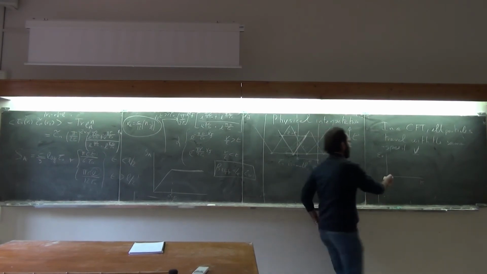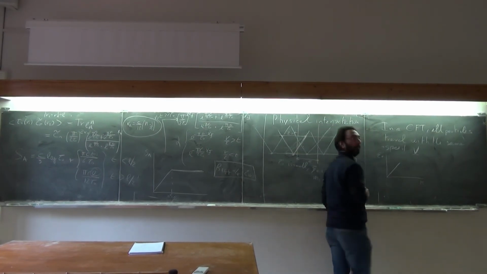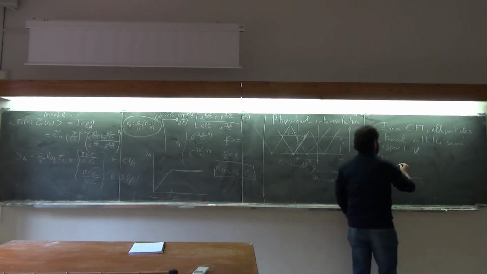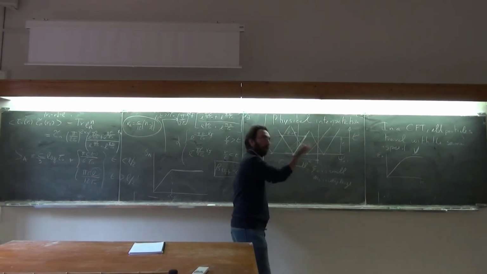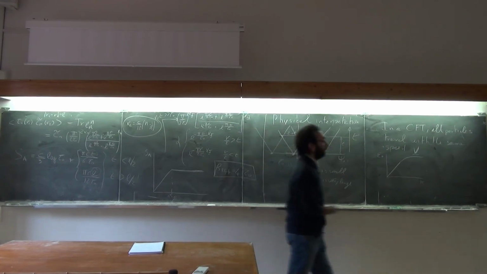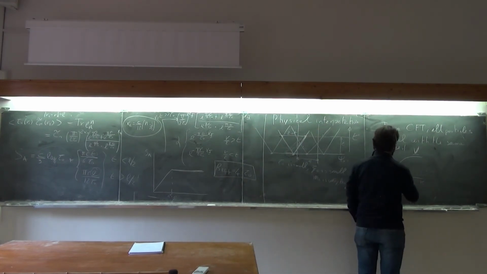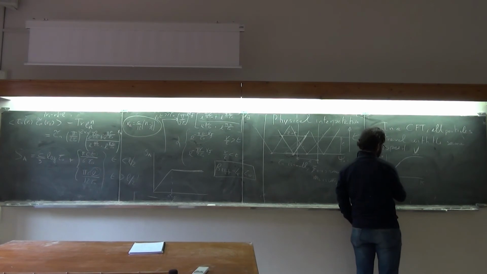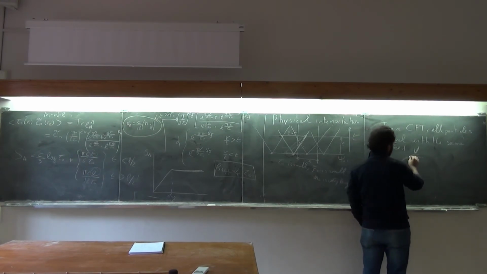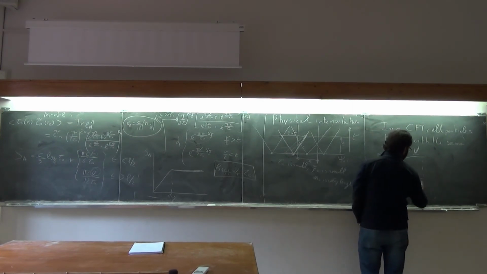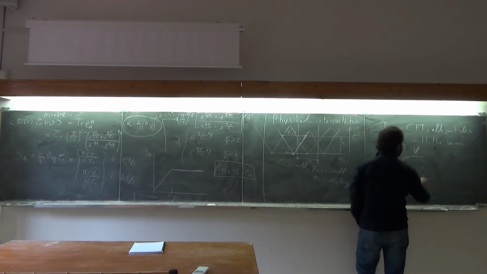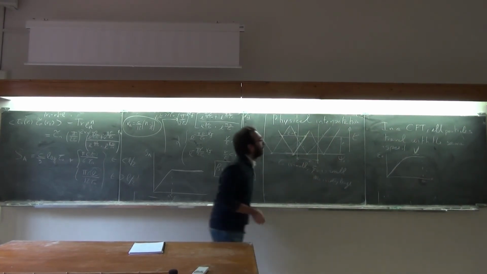For very small momentum, this is linear. But then at some point it will bend, like for a lattice model, just sine. So the velocity is 1 here, which is the maximum, and then becomes smaller, going to 0